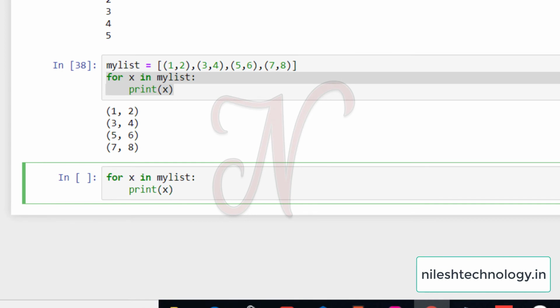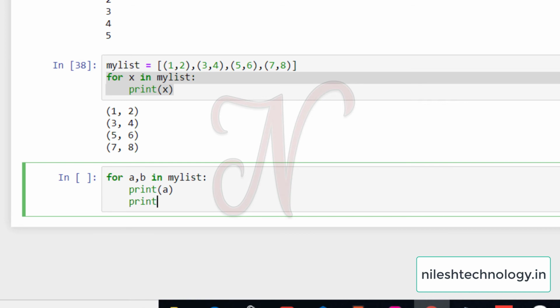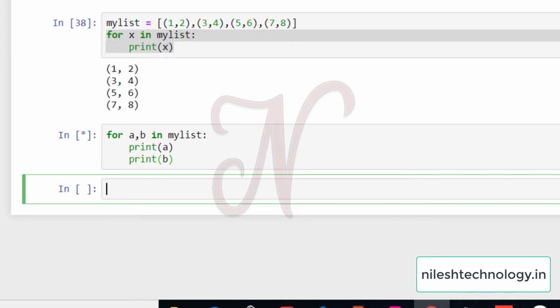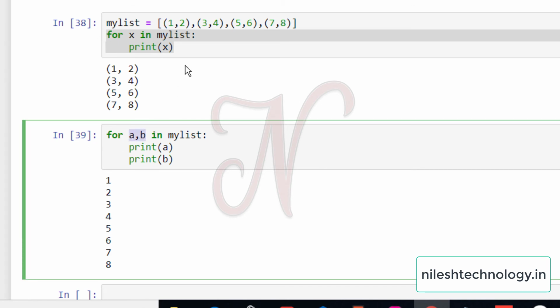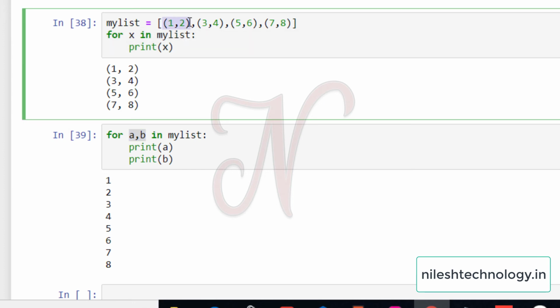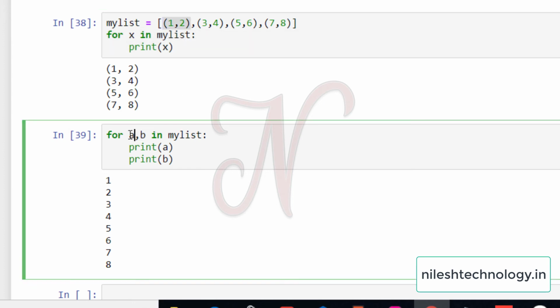See here: for a, b in my_list, then print a and print b. See here 1 2 3 4 5 6 7 8. A, b means the first item, and in that first item there are two values. So the first value is assigned to a and the second value is assigned to b, and both values are printed.